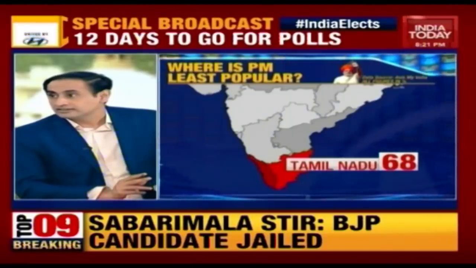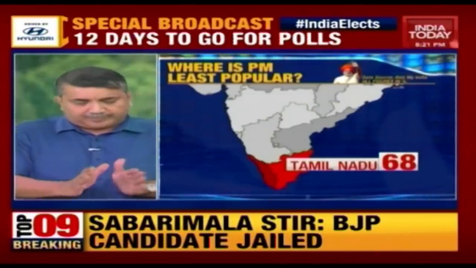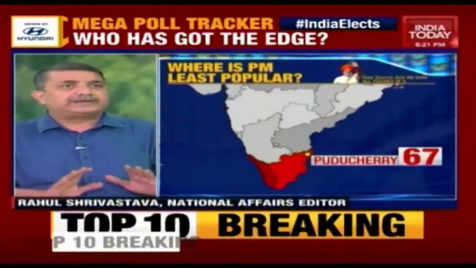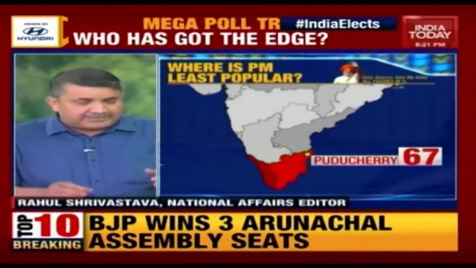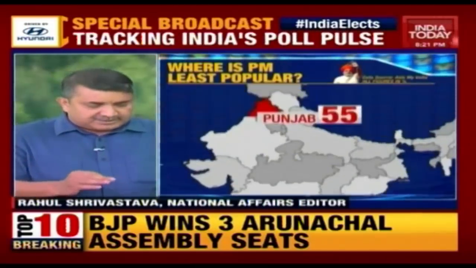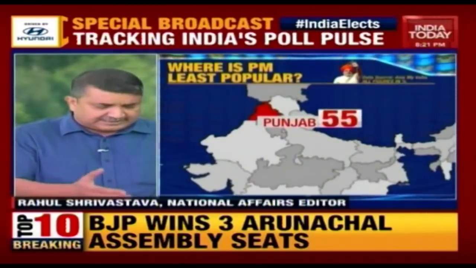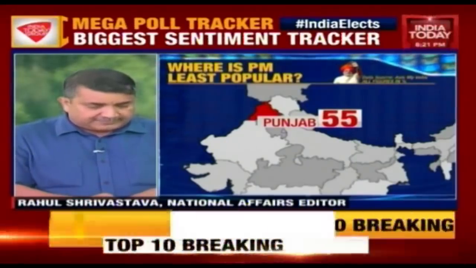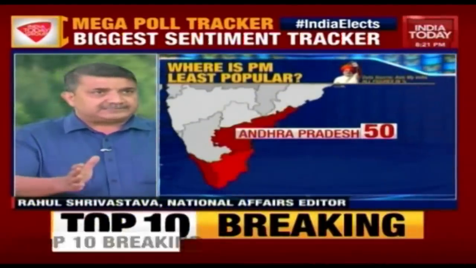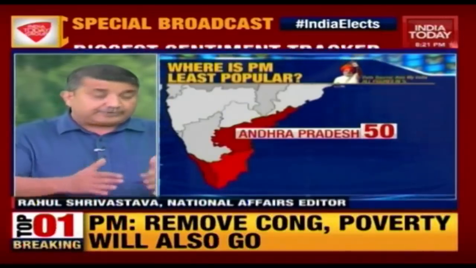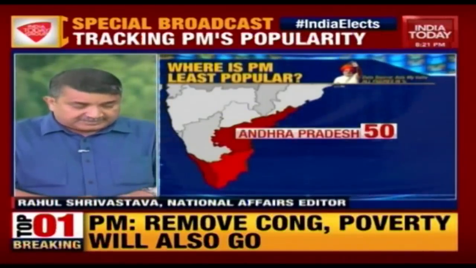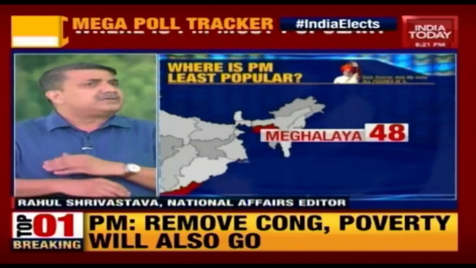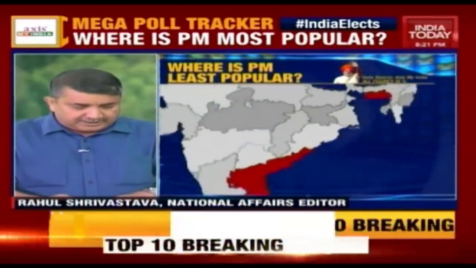What I will say is that if you look at these unpopular states, a lot will depend on how united or how divided the opposition is. These are the states where the BJP didn't do very well, while in Delhi and Maharashtra it did well. But for example, if TDP and YSR are fighting separately, there is some scope for the BJP. If AAP and the Congress come together in Punjab, Delhi and others, it is serious trouble for the BJP.